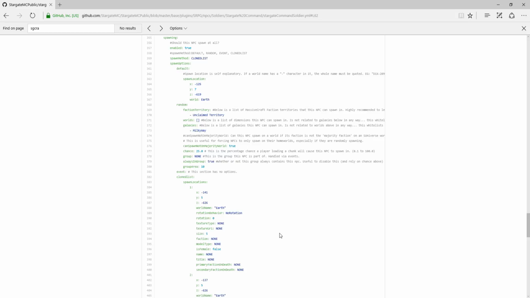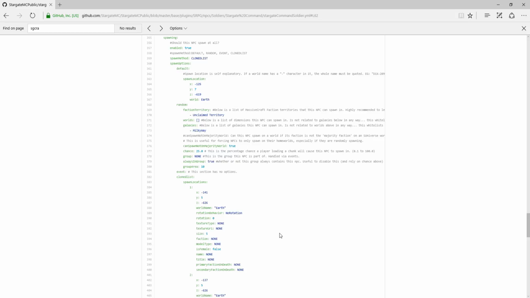And then finally we've got something called cloned list. Cloned list is really, really helpful for traders, for trainers and soldiers. It allows you to have one config file for an NPC that has the same behavior that can exist across multiple worlds, multiple factions, and they can all look different,